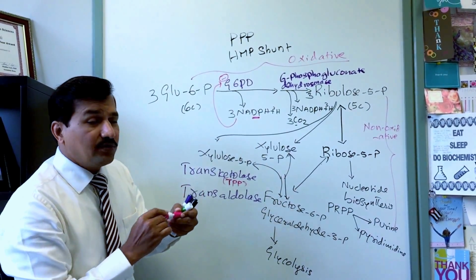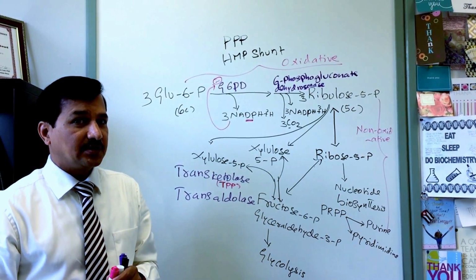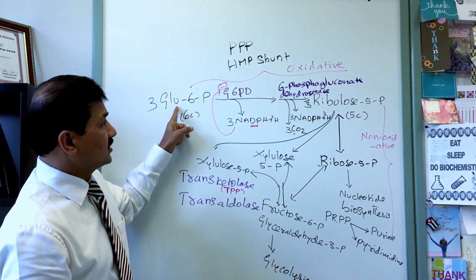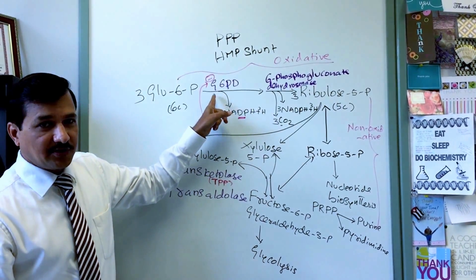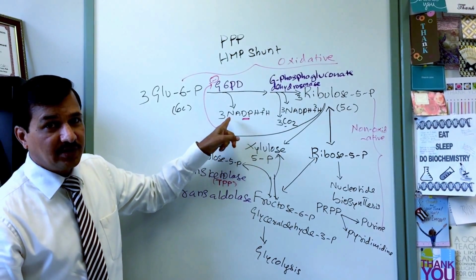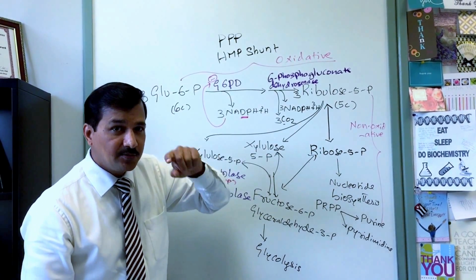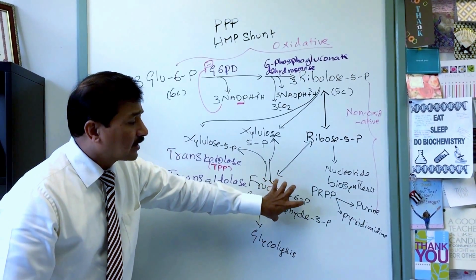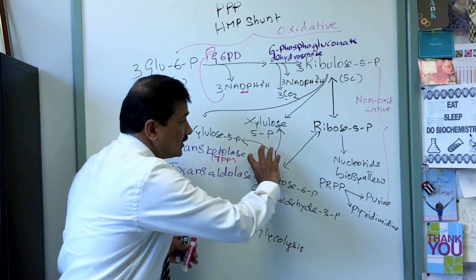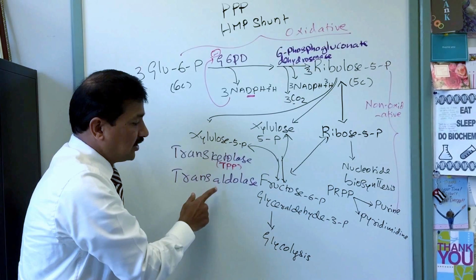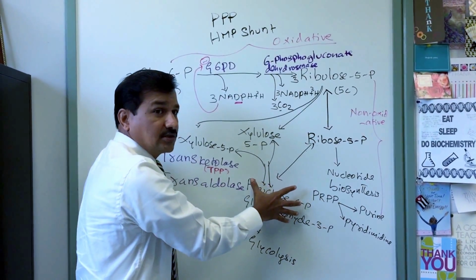Okay, so now what we are considering is the cell is having plenty of NADPH, but it wants ribose 5-phosphate. At that time, it cannot convert glucose 6-phosphate into ribulose 5-phosphate and make ribose 5-phosphate because this enzyme is down, because you have plenty of NADPH. That's the one we have considered. That cell has plenty of NADPH, but it wants ribose 5-phosphate. At that time, what will the cell do? The cell will take glycolytic intermediates, that is fructose 6-phosphate and glyceraldehyde 3-phosphate, do all these reverse reactions using transketolase and transaldolase, and thereby make ribose 5-phosphate. This is what you need to remember.